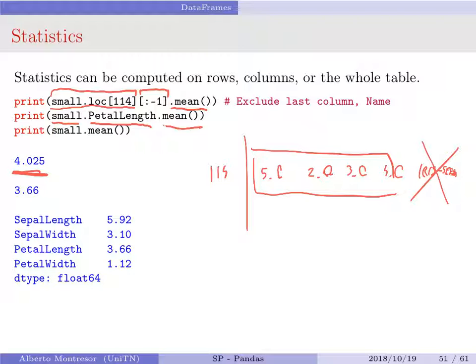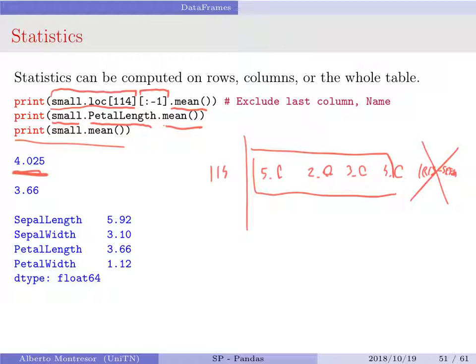Or you can compute, and this probably has a mathematical and statistical significance, the mean over a column. Or you can compute the mean over everything, which can be less meaningful. At this point it computes the mean over all the columns and gives that for you in a single step.